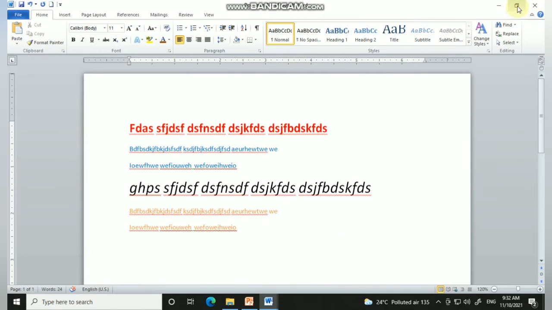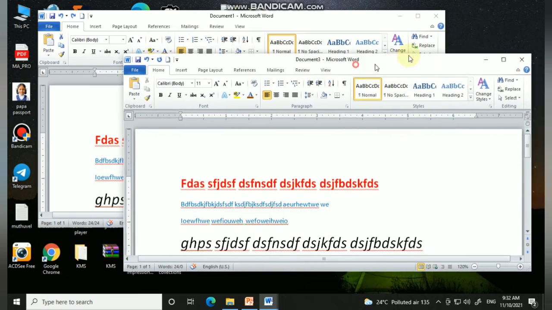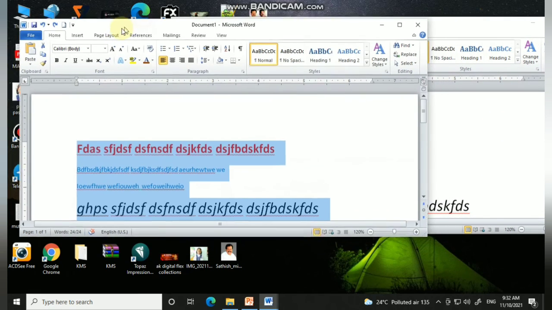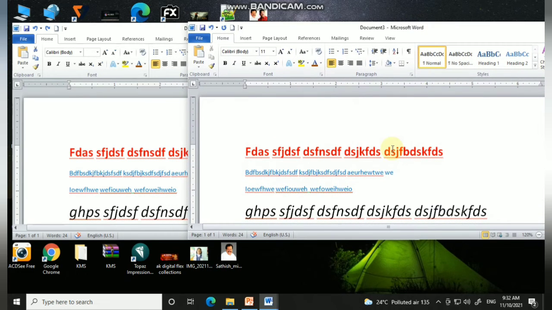If I click the OK button, the text is copied with the formatting. Clear? This is the copied text and this is the original text. Can you see both the windows? Yes, the text is copied with the formatting itself. An additional feature of pasting with paste special is that if I change any formatting, fonts or text in my original file, it will be replaced in the paste special text also.